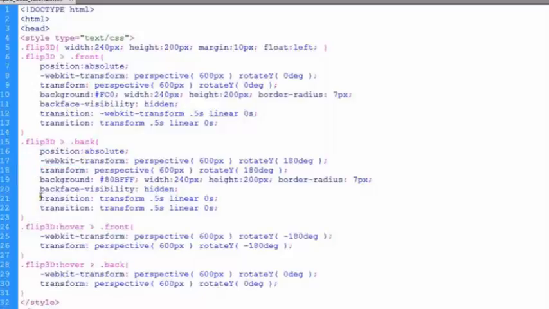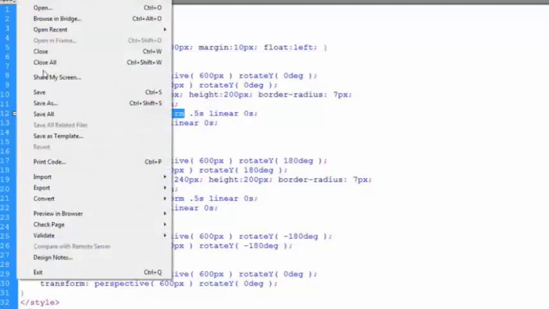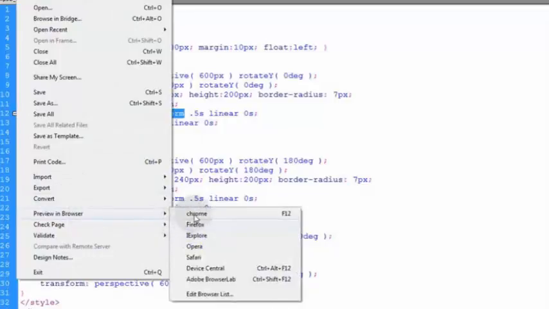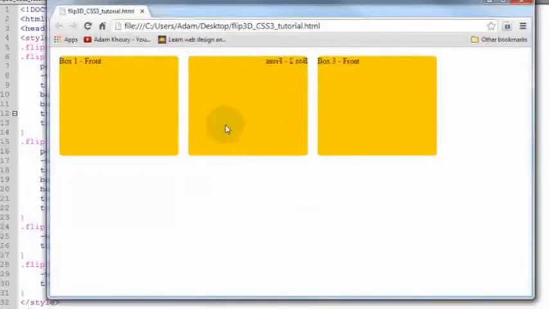Take a WebKit prefix and put it right on the front of this transform property. And I think Google Chrome is okay with the backface visibility and transition and all that. We just have to prefix the transform property anywhere that it is. So now let's go to File, Preview in Browser, Google Chrome, and you can see that we have our animation,